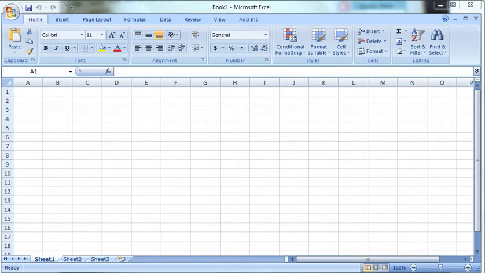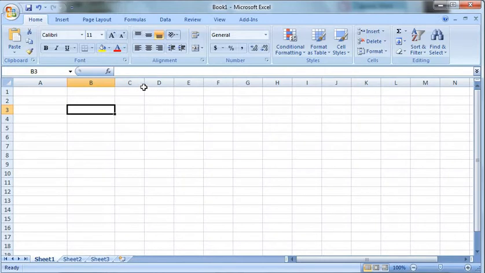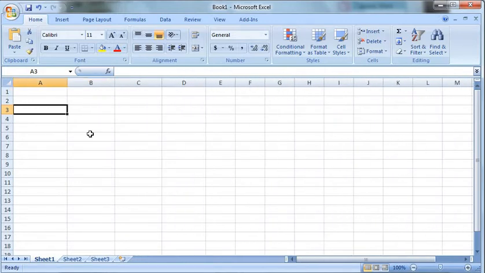Now I can write something here. Suppose I am writing Name. Let me create one table.